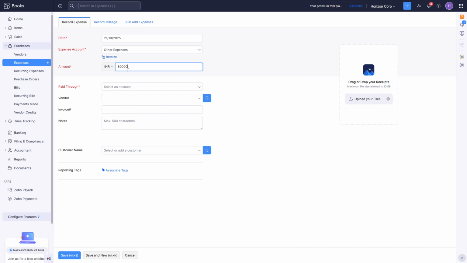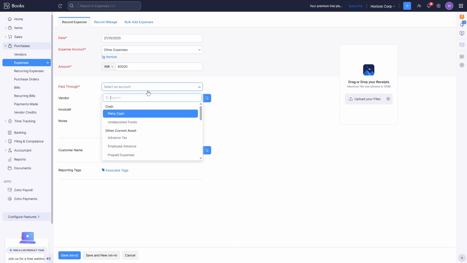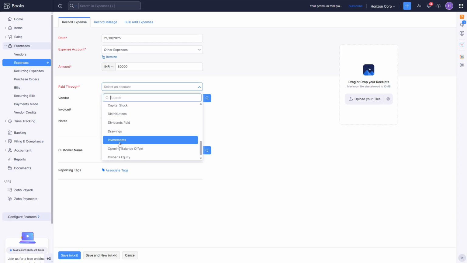Afterward, you need to specify from which account you are making this payment. Look for another drop-down menu labeled Paid Through. Click on it and select the appropriate account you're using to pay this expense. The accuracy of this step helps in maintaining a clear and accurate trail of transactions, especially during financial audits or